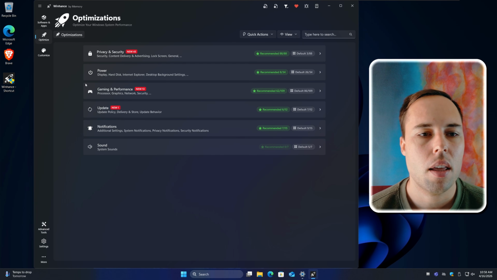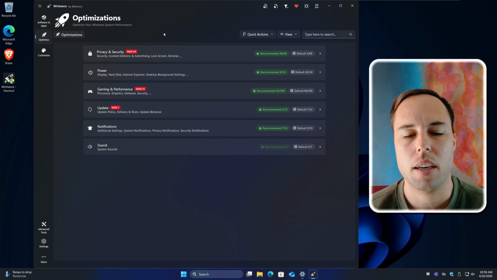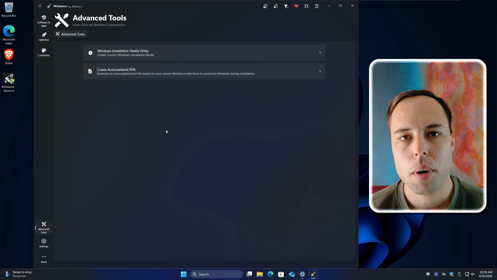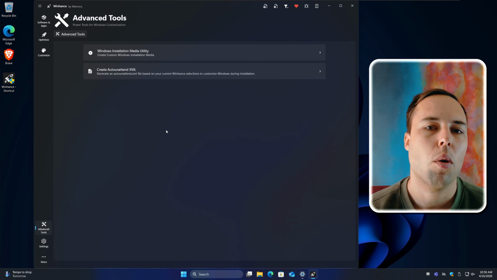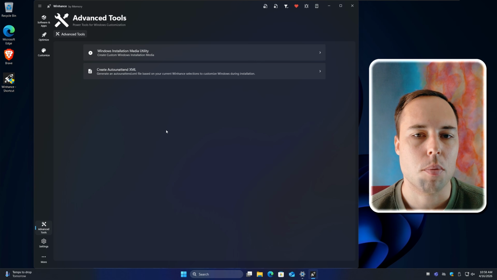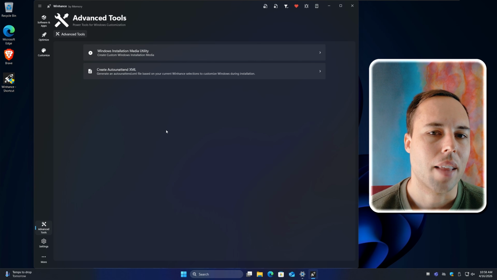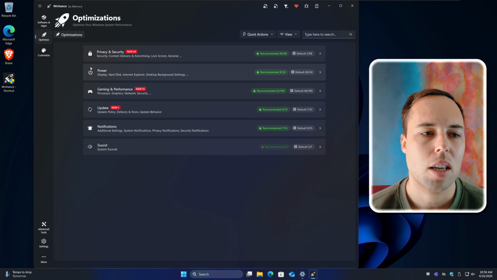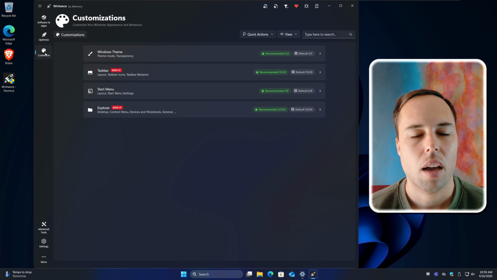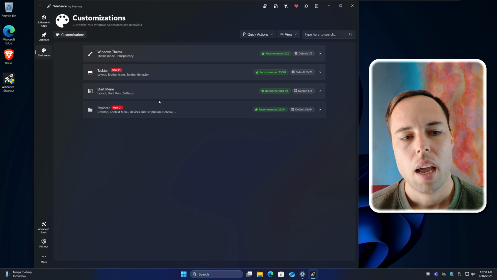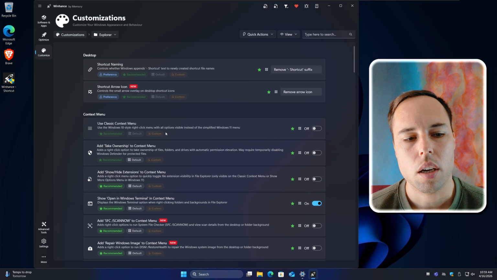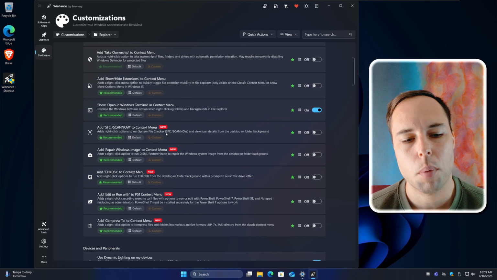You can basically use WinHance to configure all of those settings the way that you want them to be in, and then either use the config file feature to apply it to the system if you've done a clean install of Windows, or you can use the AutoUnattend file to do it automatically for you while Windows is being installed. So with that said, that's my vision for WinHance, and that's why I didn't add those types of system repair features to the optimizations tab. Instead, another user suggested adding options to the context menu. So that's exactly what I did.